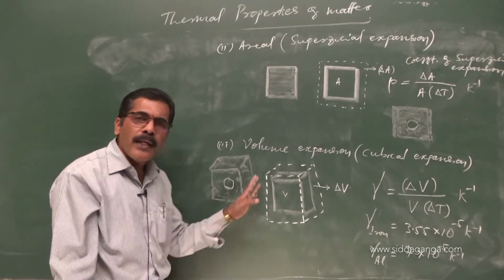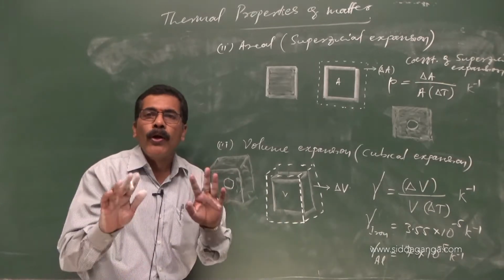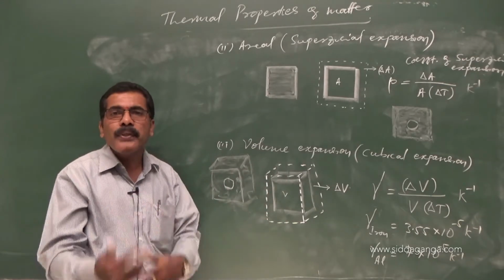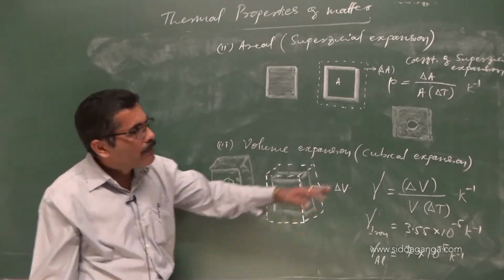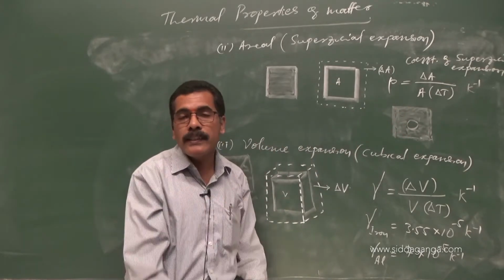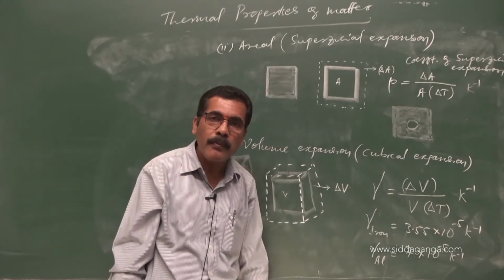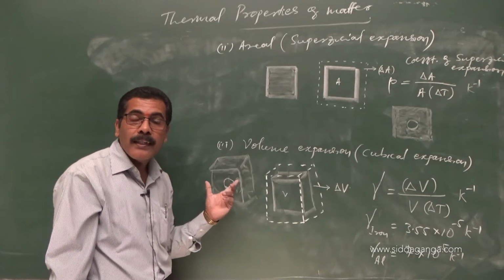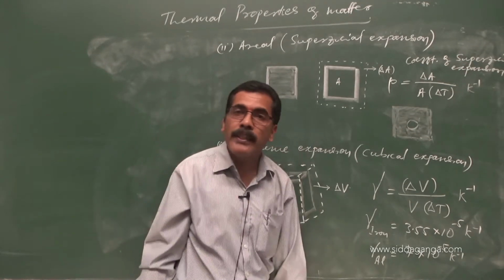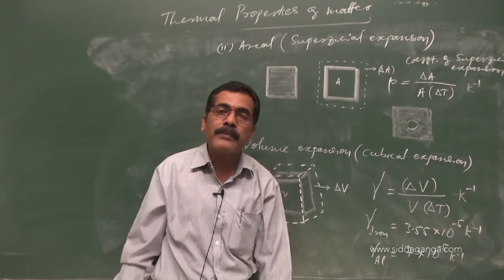You are supplying heat to the cube uniformly. Then what happens to the volume of the cavity? The volume of the cavity also increases. Have you got my point? In case of a plate, the area of the slot, the area of the hole increases. If it is in the form of a ring, the area of the ring increases. In case of a cavity inside a solid body, when heat is supplied, the volume of the cavity also increases. That's about how we can understand the expansion in case of solids.